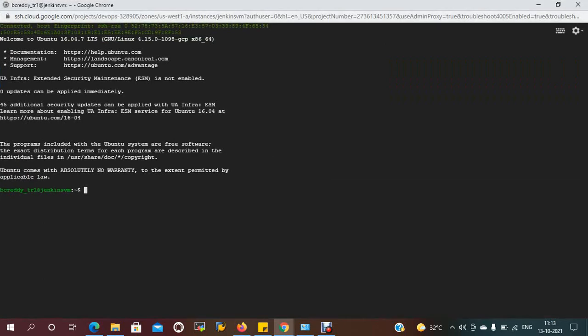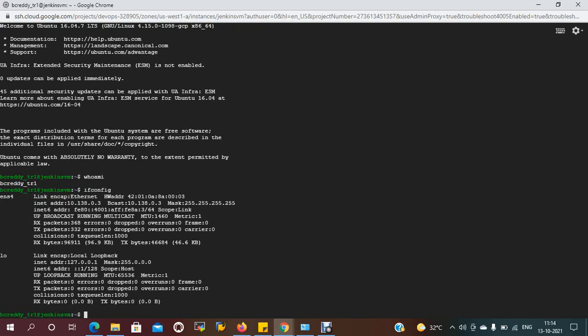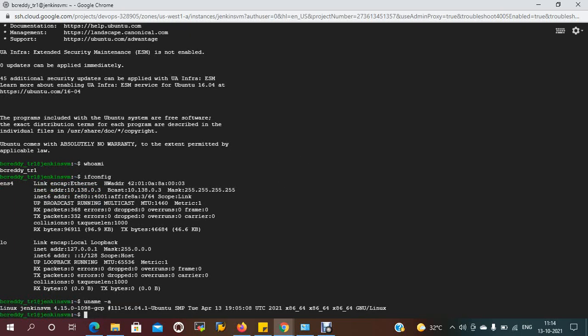Now if you type whoami, you will get the user. With ifconfig, you will get the IP of this machine. If you give uname -a, you will get complete information.